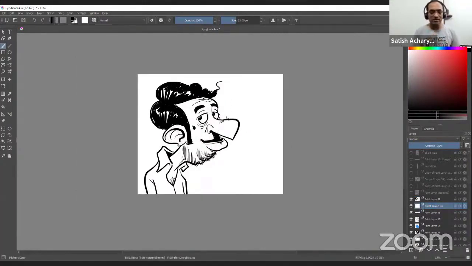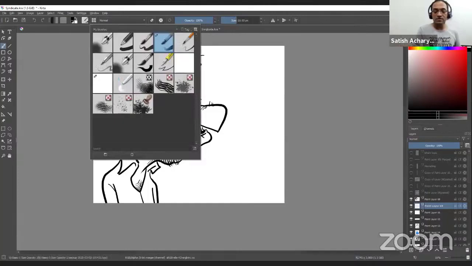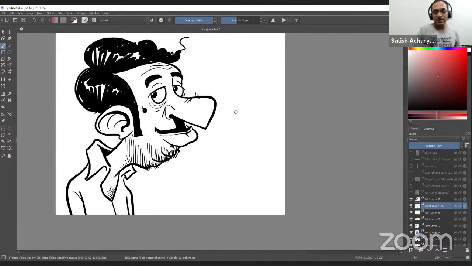This is one character. You can use different shapes, any weird shape, and create a character. Can you see a character here?